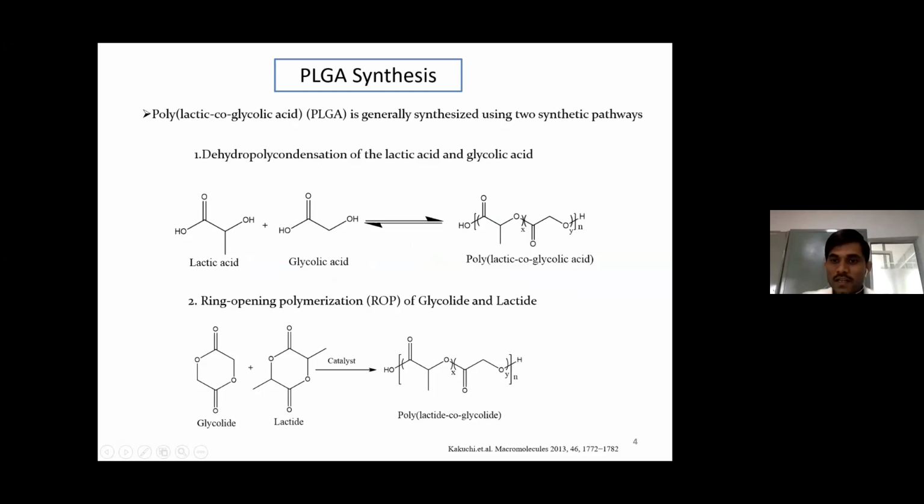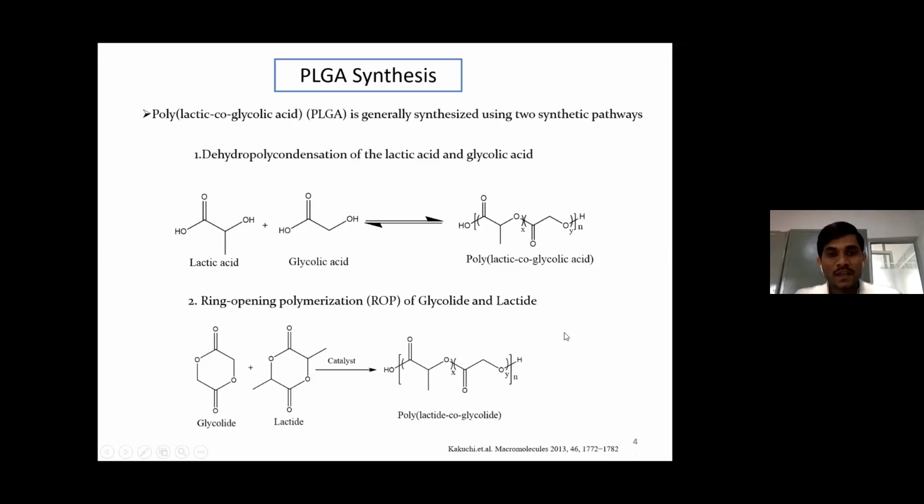It is very difficult to remove water from this highly viscous polymer solution, due to which low molecular weight and broad polydispersity is observed for this polymer. But in case of ring opening polymerization, the cyclic dimers of lactide and glycolide, in presence of different catalysts like metal, nucleophilic catalyst, cationic catalyst, undergo ring opening polymerization to form PLGA of high molecular weight and narrow